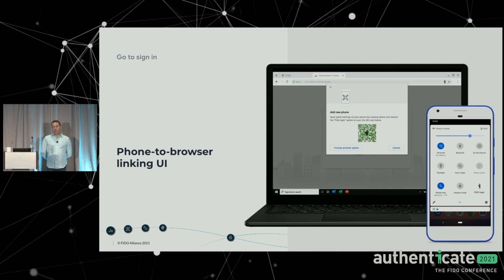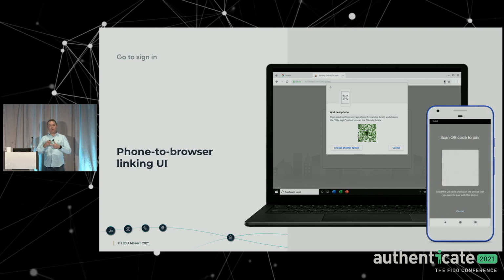Today the thinking is maybe the user would use their phone and open some kind of link on the phone. Here you see this little FIDO login button down here. It's not very visible, but it's right there in the right-hand corner of the phone. Click that. Scan some kind of QR code. COVID has helped us with one thing, and that is getting users more familiar with QR codes. So these things aren't as frowned upon as they once were. Users are getting comfortable with them. So maybe you go to an app on the phone, maybe you just open the default camera, you scan something,